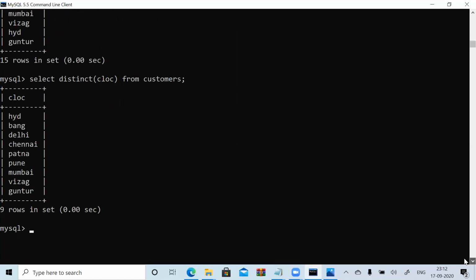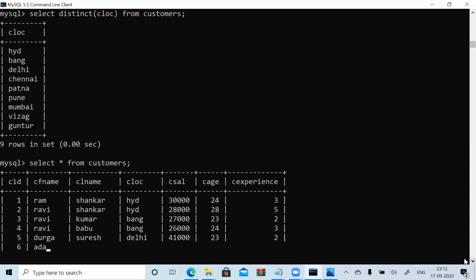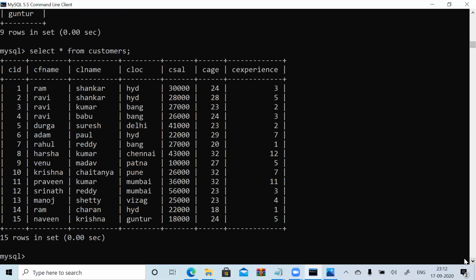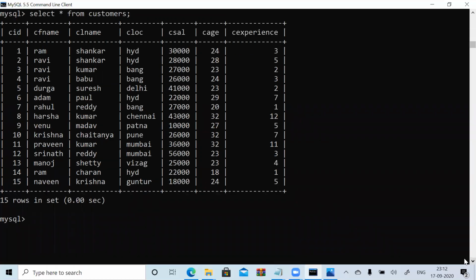Okay. Again, try to check. Select star from customers. Now, if you see here, I have different locations, right? Hyderabad, Bangalore, Delhi. Now, as a company owner, I want to find out how much total I am allocating for the Hyderabad branch. How much is the sum?